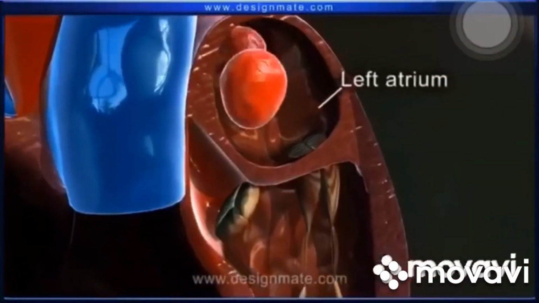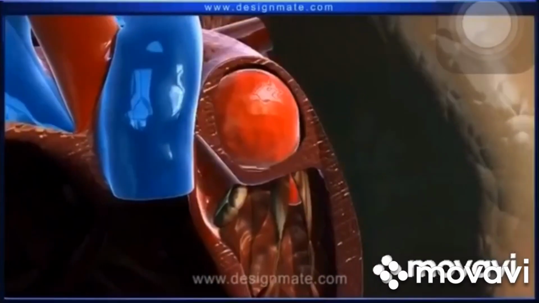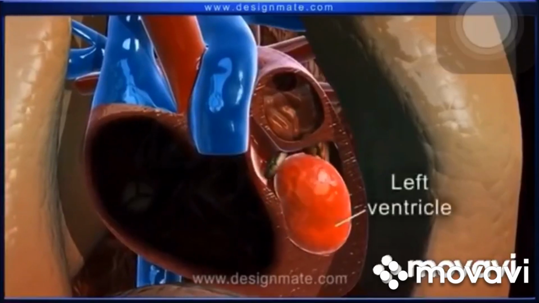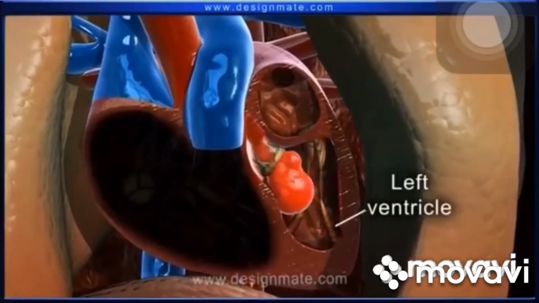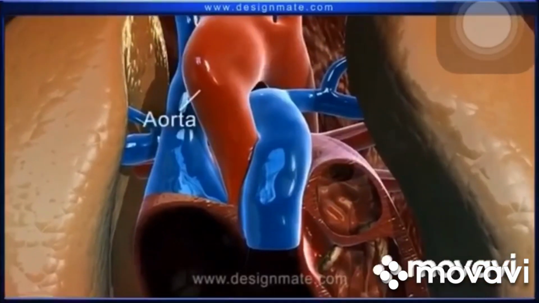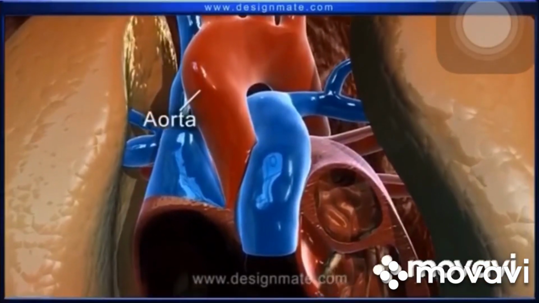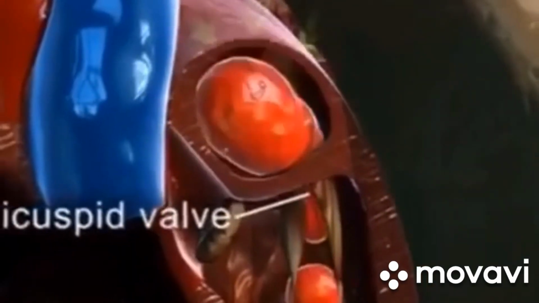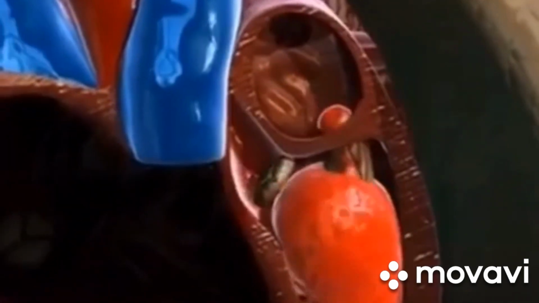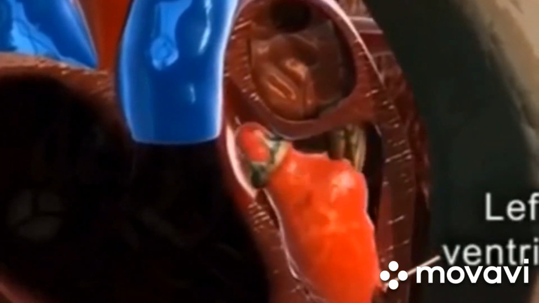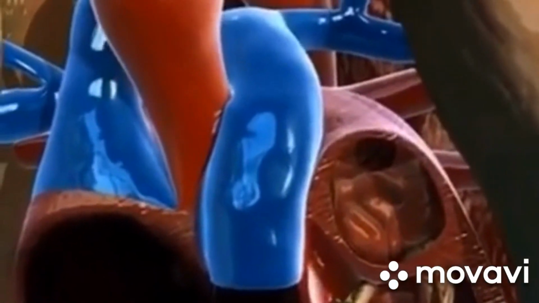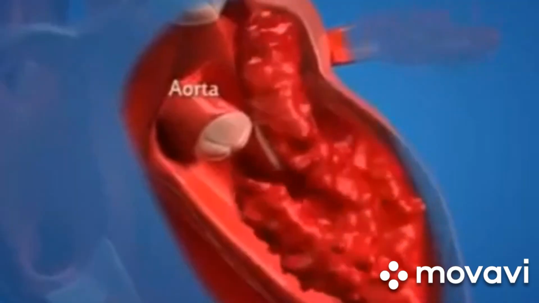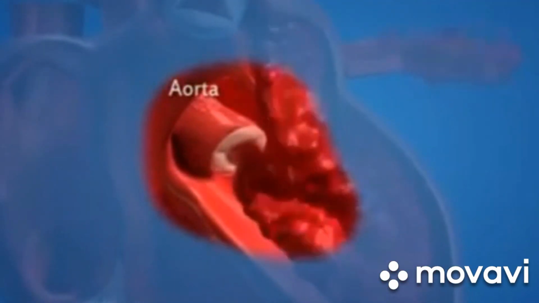What about our blood? The oxygenated blood returns into the heart from the pulmonary vein. Now, this pulmonary vein fills the left atrium with oxygenated blood and opens the bicuspid valve. Due to ventricle contraction, the blood flows into the aorta, passing the blood to various parts of our body. Now, this oxygenated blood from the aorta passes to various parts of our human body through small vessels called arteries.